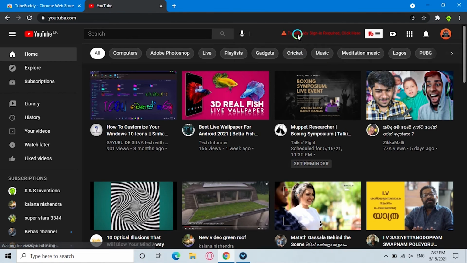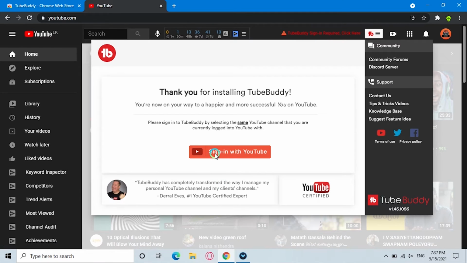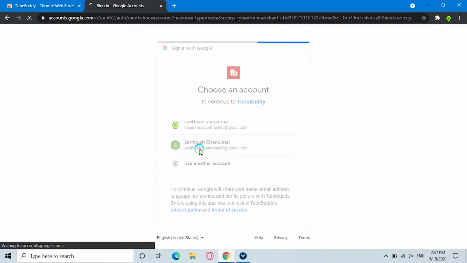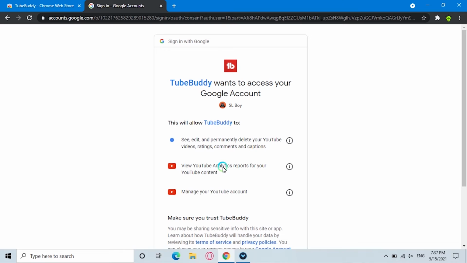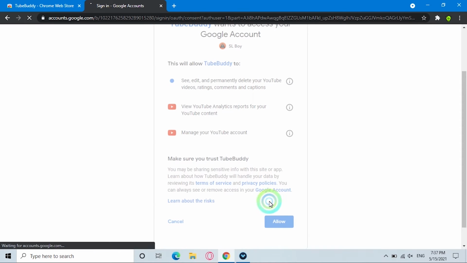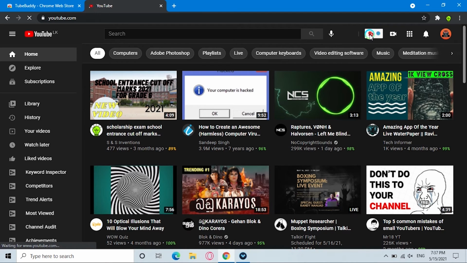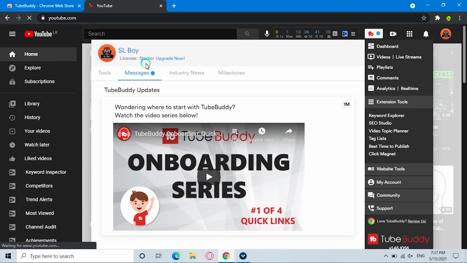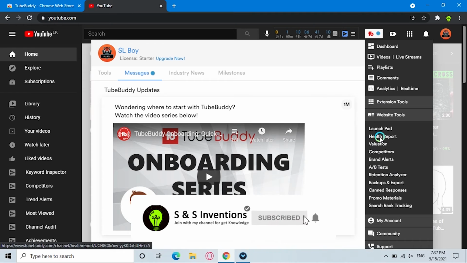Now there you can see Tubebuddy sign in required. Click here, then click here and click on sign in with YouTube and choose your account, and also choose your YouTube account or Gmail account and click on hello. Then after that you can see this Tubebuddy icon, click on it, and there you can also see star upgrade now. Now from here you can see the website tools tab, click on health report and go